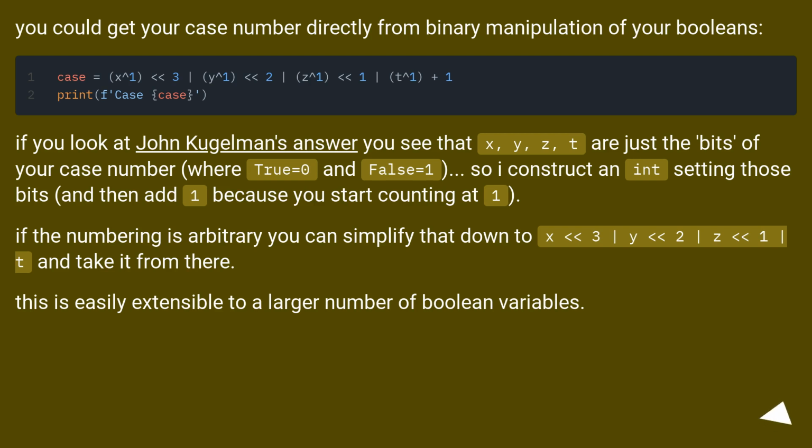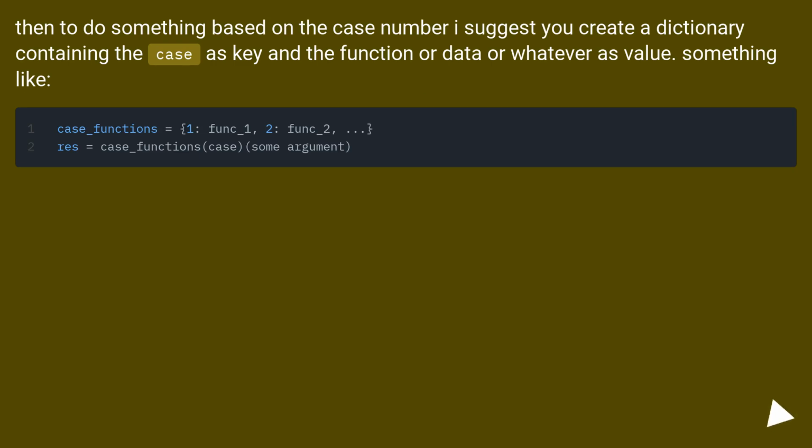If the numbering is arbitrary, you can simplify that down to x, 3, y, 2, z, 1, t and take it from there. This is easily extensible to a larger number of Boolean variables. Then to do something based on the case number, I suggest you create a dictionary containing the case as key and the function or data or whatever as value. Something like